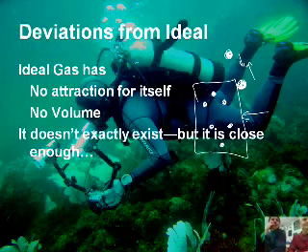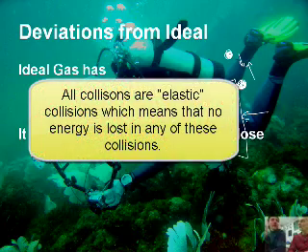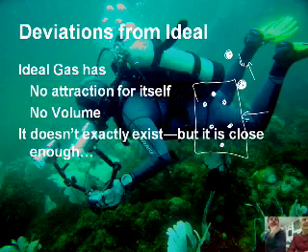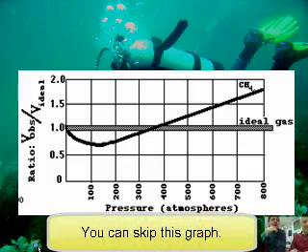There is actually another thing: ideal gases don't really exist. But they're close enough. There's one other factor that's not listed here, and that's when the gas molecules bump into themselves or into the sides of the containers, we assume that there's really no energy transfer, that it's a completely elastic collision is what we say. Scientists call it an elastic collision. And this is actually how we can look at an ideal gas graphically.